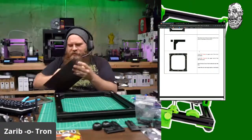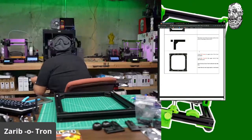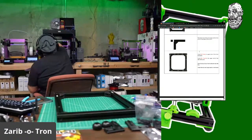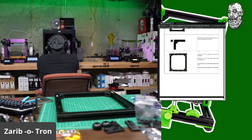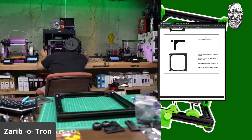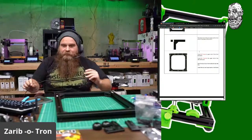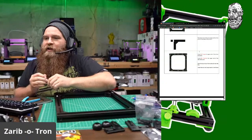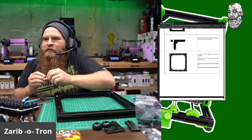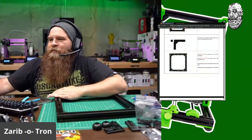So let me reslice that real quick. Reslicing. Turning this thing back on. So two tall ones, because the ABS did not have